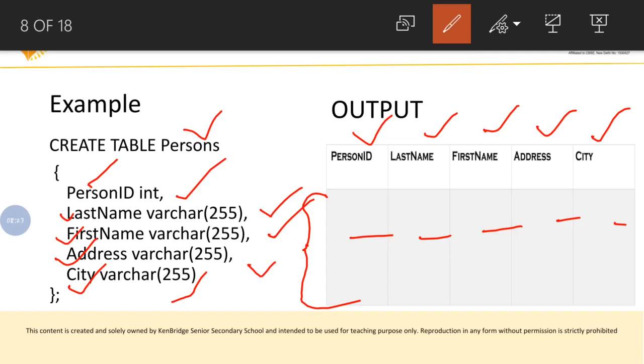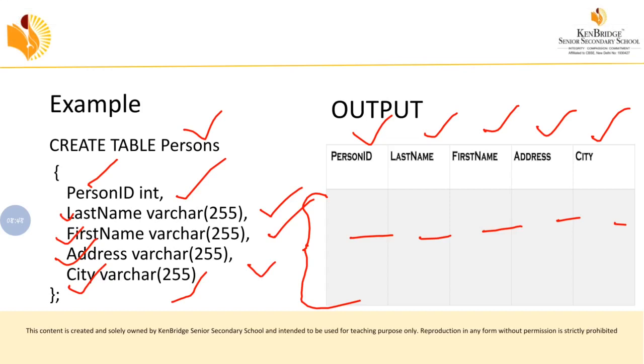How many columns do you want? What attributes do you want? And what is the data type for that attribute? That you can define using this command. So students, please make a note. This create command is used to create a table structure. It will not enter the values into the table. Just keep that in your mind. For entering the values, we will use another command that we will see in later videos. So now we have seen the create command.